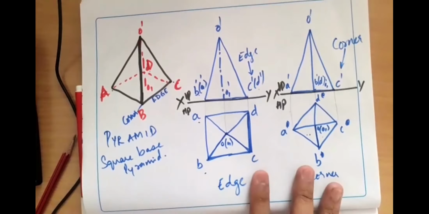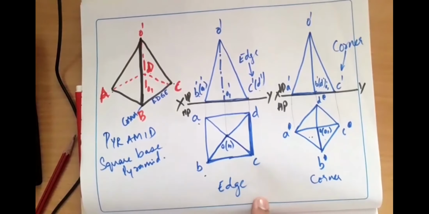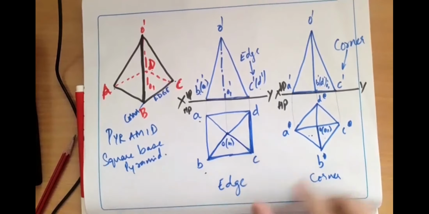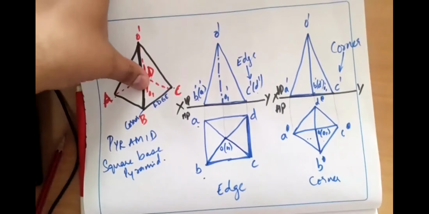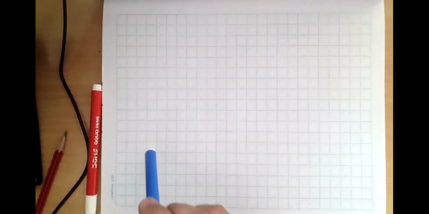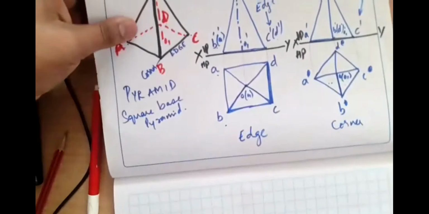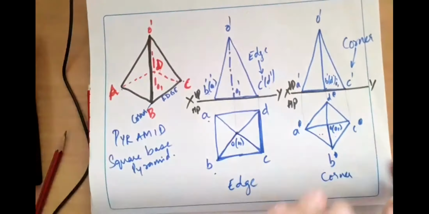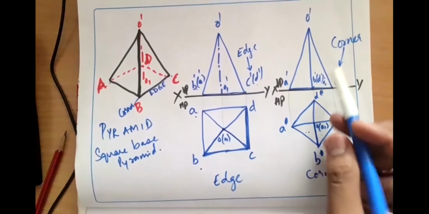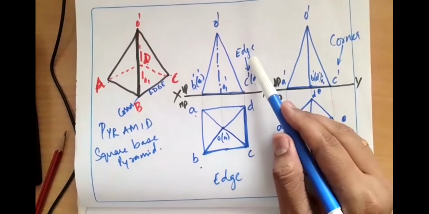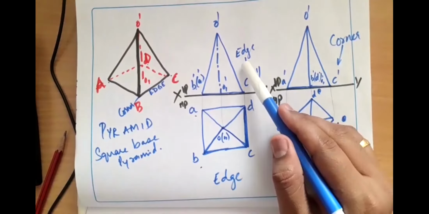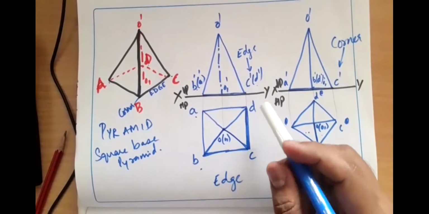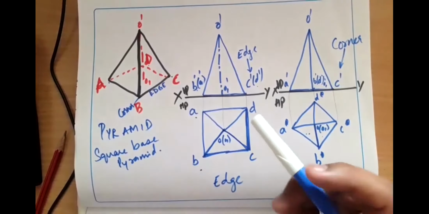Initial position: however the problem statement is given, it can be represented here. In the initial position, where do you draw it? You draw the initial position here, on the XY line, VP, HP. After drawing the initial position, you have to consider the next position. Whether it is resting on a corner or an edge should be given in the problem, and then you are supposed to solve the condition.